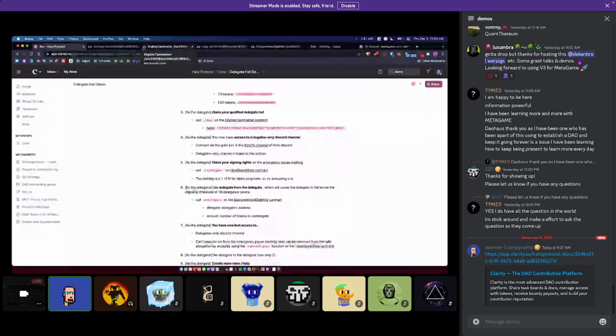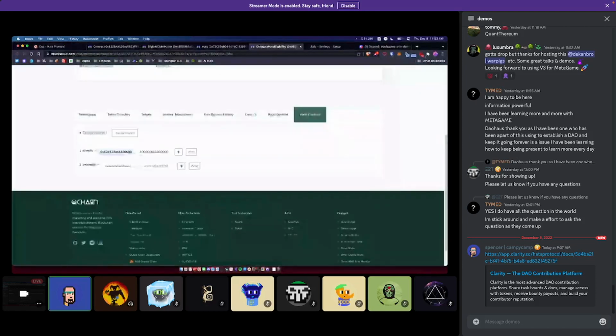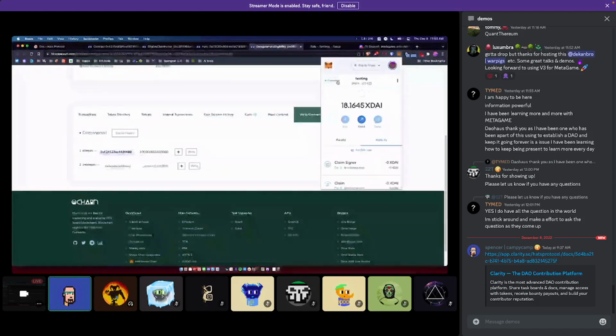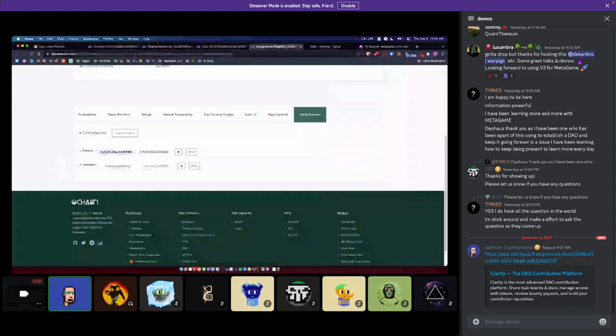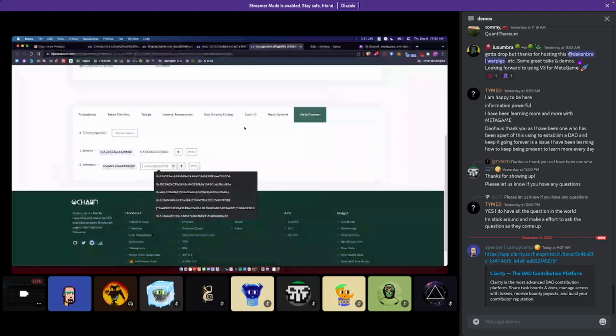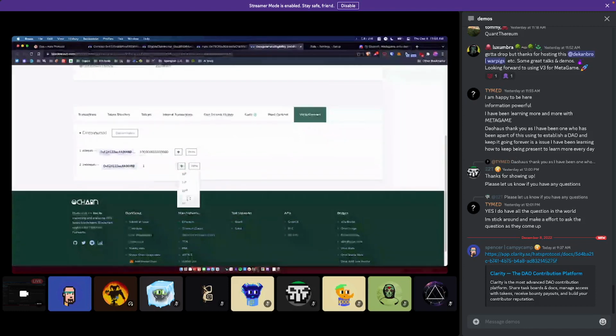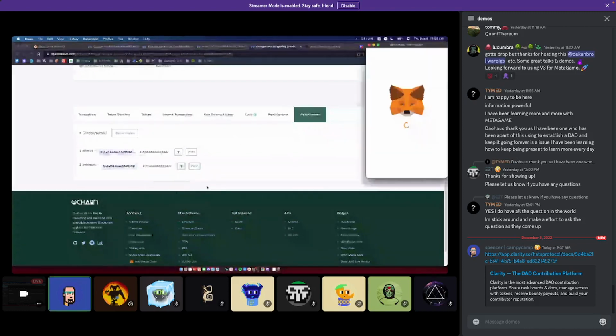That is on the eligibility contract. I obviously have to switch back to my other address that did the delegation, and I'm going to undelegate. All I need to do is undelegate one. So I still have some tokens delegated to me, but I'm dropping below that threshold.